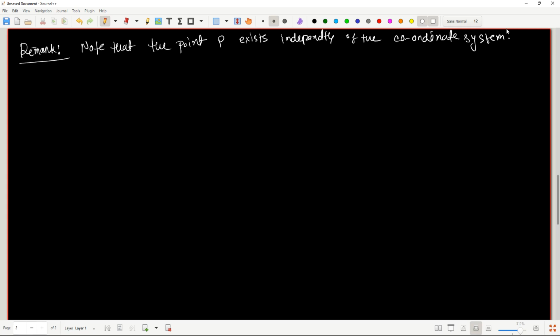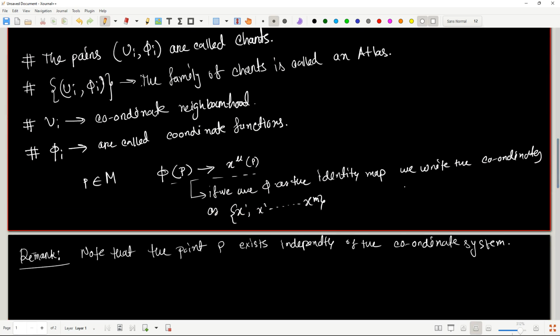So what I mean by that is that I chose the identity map, let's say, that I showed you over here. You can choose different maps. Instead of identity, you can choose, let's say, some map that takes every point in the manifold and maps that point, instead of m numbers, to, let's say, x1 squared, x2 squared, and so on. So the most convenient thing that we are familiar with is the identity map, where you take a point on the manifold, and when you use the homeomorphism, it gives you some m numbers in Rm. Okay,